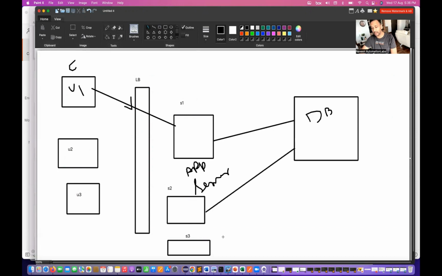So they are all connected with the database over here like this. A typical client-server architecture, 3-tier architecture, that I'm using over here. Now what happens is, when we send one request to the server, the application server, and then the application server